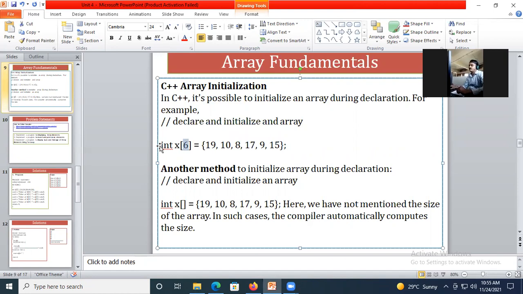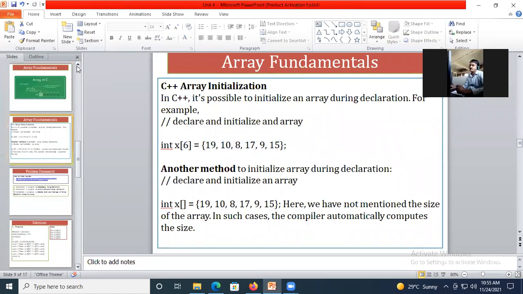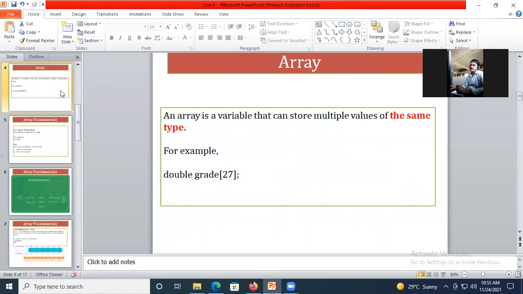Second point you need to remember is that an array is going to store only same type of data values. That is the basic definition of an array. It's a variable which can store multiple values but of the same type. फक्त एकाच टाइपच्या व्हॅल्यूज आपण अरे मध्ये स्टोअर करू शकतो. ओके, सो दिस इज व्हेरी इम्पॉर्टंट थिंग यू नीड टू रिमेंबर.